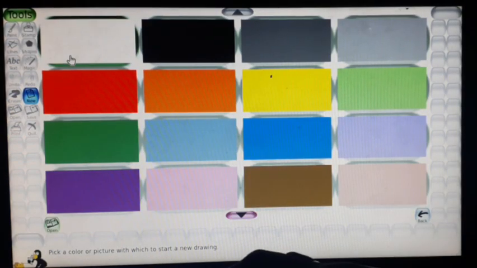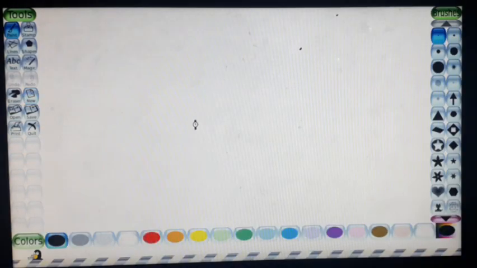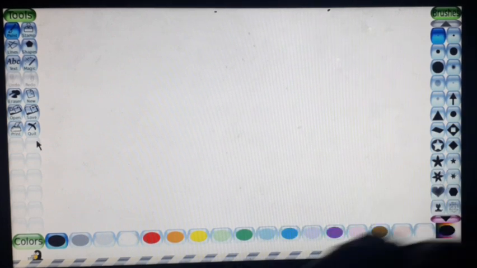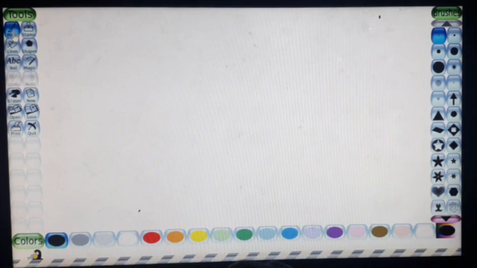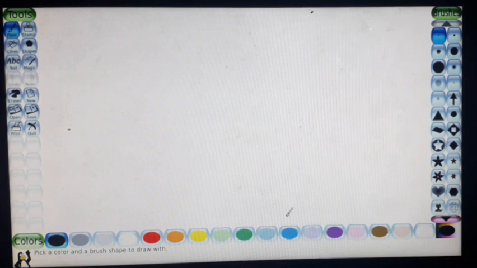Another one is Paint. The Paint tool is used to draw the picture. What is the use of Paint? The Paint tool is used to draw the pictures. Click here, then select the color from the color palette.